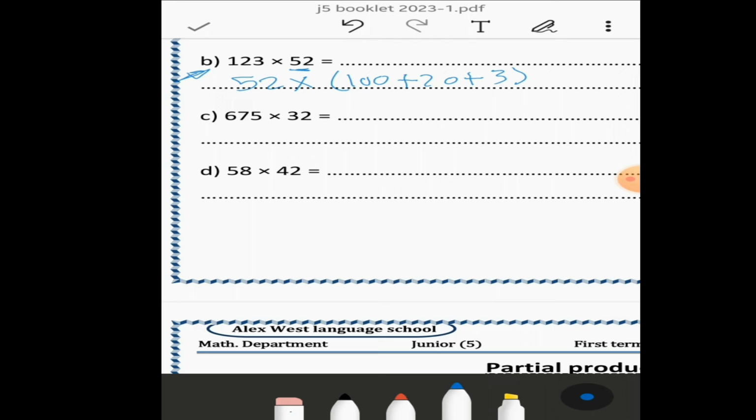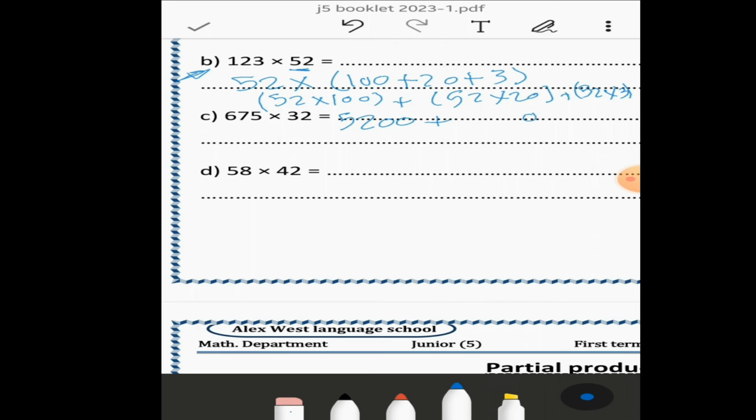And distribute, it will be 52 times 100 plus 52 times 20 plus 52 times 3. And then 52 times 100 will be 5,200 as we collect zeros and multiply, plus 52 times 20, collect